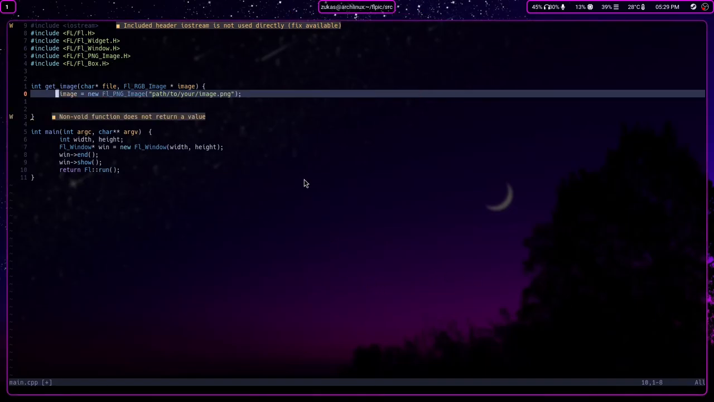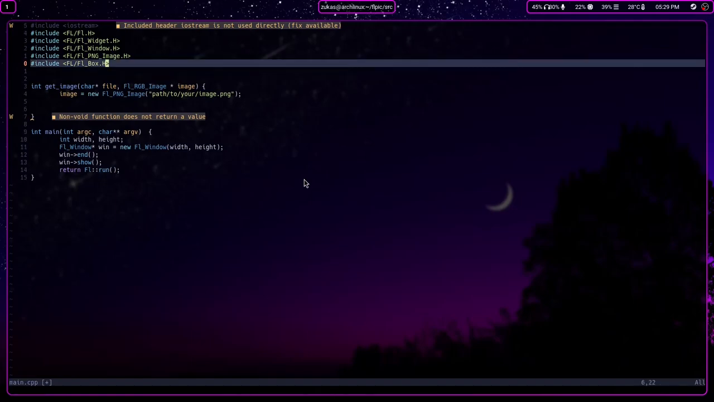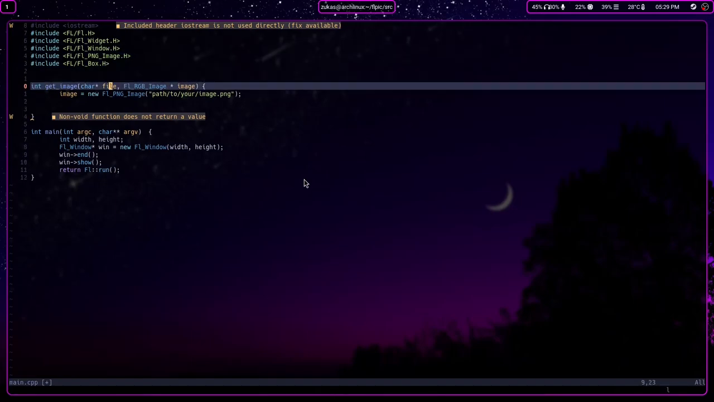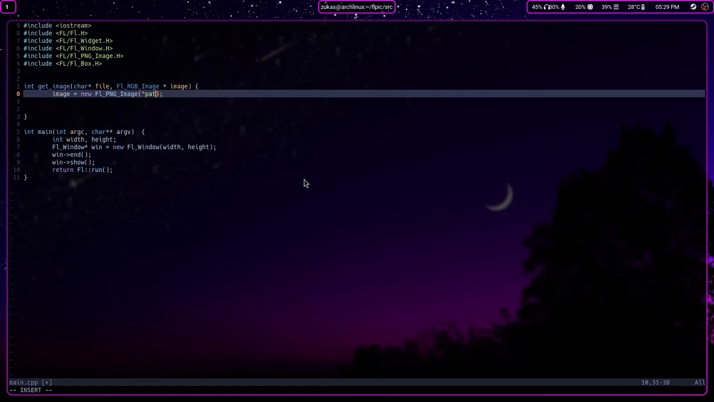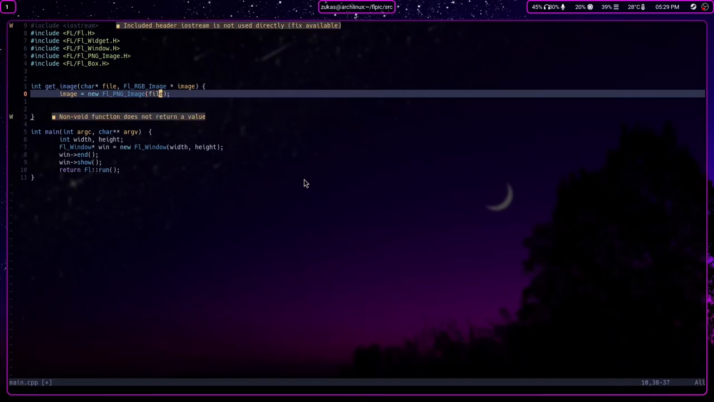Alright, so it turns out I needed to include FL PNG image instead of just FL image. Not quite sure what the difference is. Seems like the regular FL image just includes FL RGB image stuff or something. Which is weird because stuff was somewhat working when I tested it before, but I didn't test it very extensively. So then this will be file,